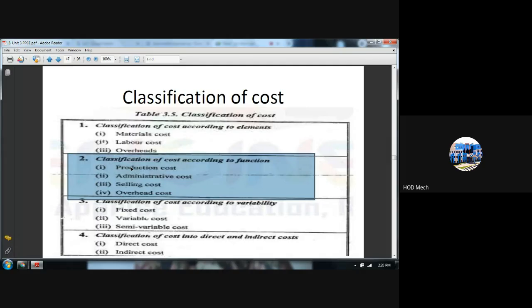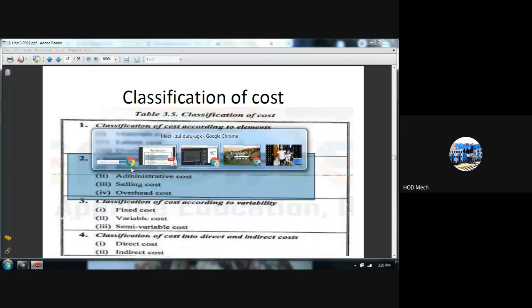Raw material converted to final product. So the costs involved in that line are called production cost. Administrative costs are those costs that are made for administration purposes. In the last class I told you